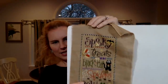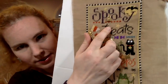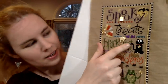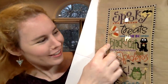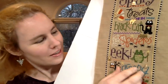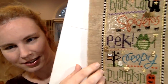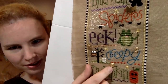And what I did to jazz it up was I added charms. So this is stitched on Dirty Belfast. I got a graveyard charm, R.I.P. for spooky. I got a skull and crossbones for treat, which I thought was kind of cute and ironic. A cat charm for the black cat. I got a bat charm for the spiders. I got a little frog for the eek line, and an owl for the creepy line, and a jack-o'-lantern for